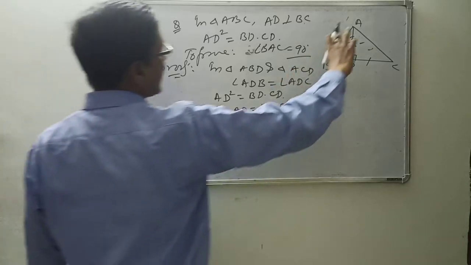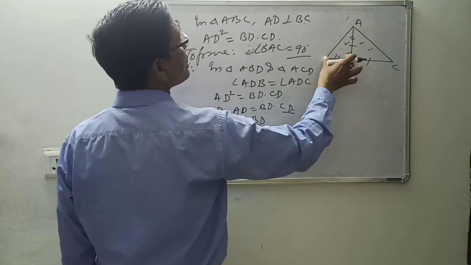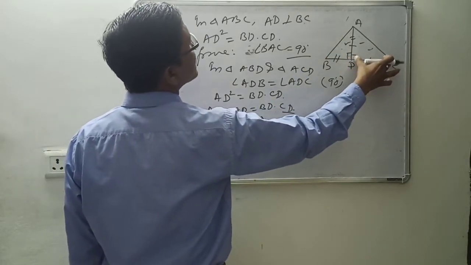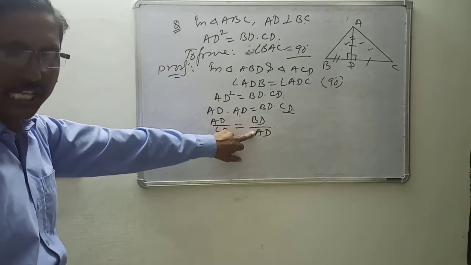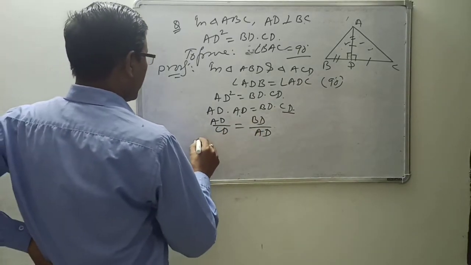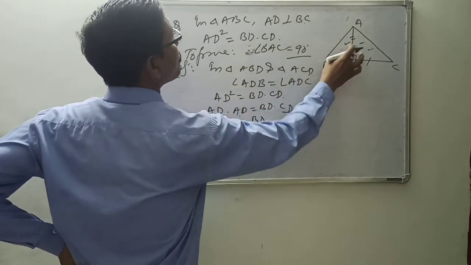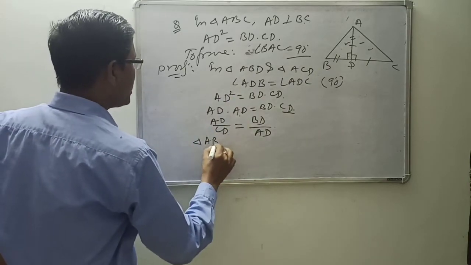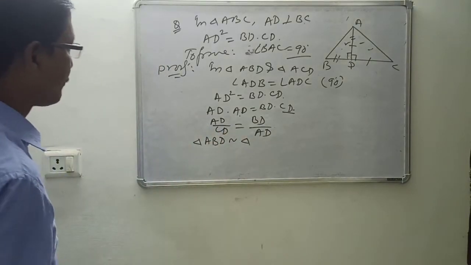That means actually AD and BD of this triangle ratio. Look, AD, BD and that triangle corresponding sides CD and AD you have. That means the ratio of the two sides are proportional. That means what we can say by SAS, two sides ratio equal and including angle, the including angle of both. So triangle ADB is similar to the triangle. Here also you have to select the name.